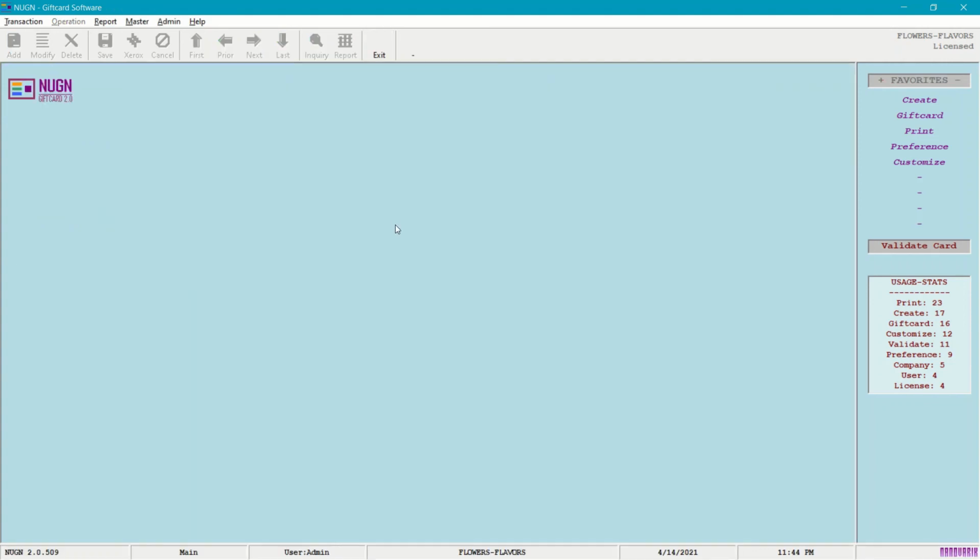This is a very simple software, and the whole purpose is to create the cards for your customers, for your store, and offer them to loyal customers who make a lot of transactions with your store or company or mart, and that way you can save without outsourcing it to an external agency, and save a lot